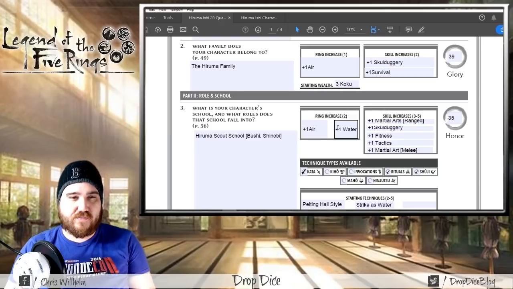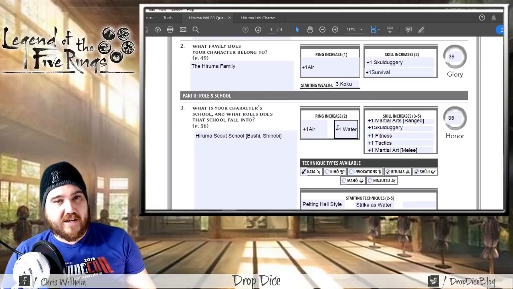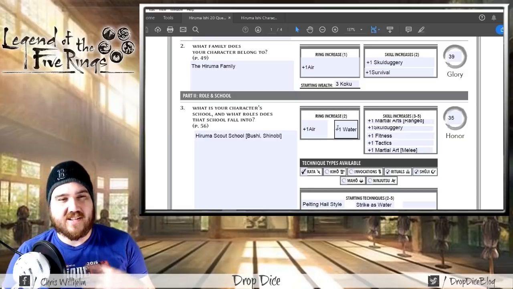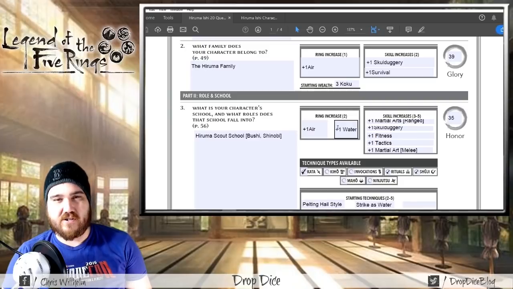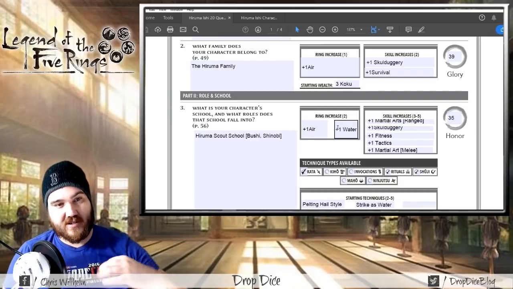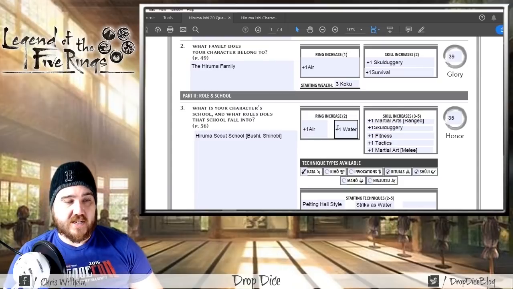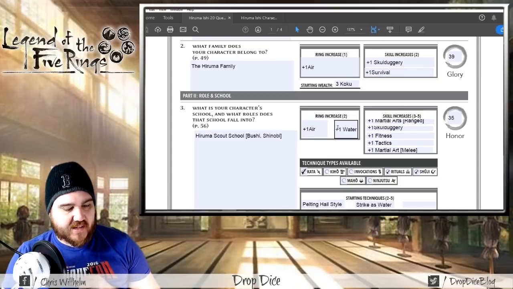So having 5 increases is actually quite good, and you'll notice that your list is very specific. That's been kind of true of every version of Legend of the Five Rings, that it's more about your character being specific rather than being generalized as far as what your school is teaching you. Looking at the Haruma Scout,